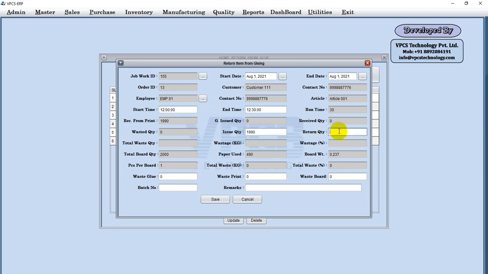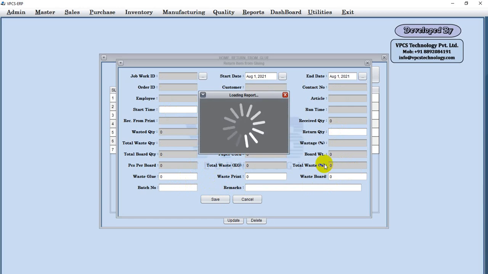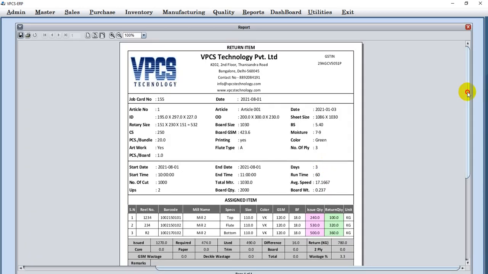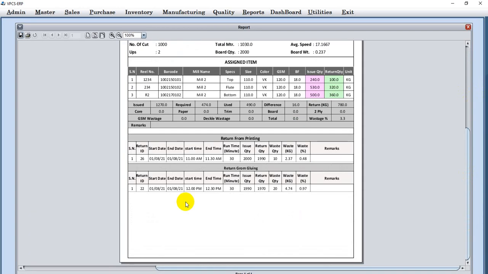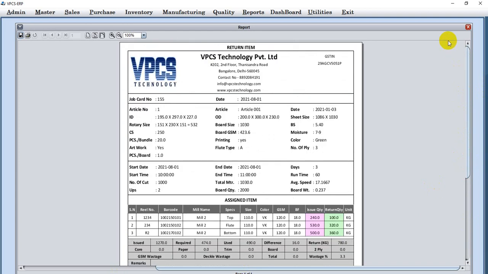Okay, here return quantity suppose 1970. Okay, total wastage is 4.72%. Okay, I will save it. Okay, this is your gluing report. Okay, so all data will come in single report.